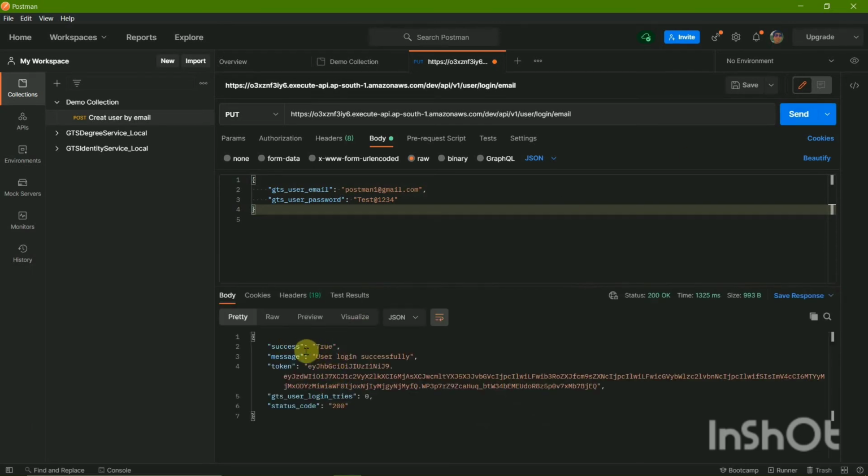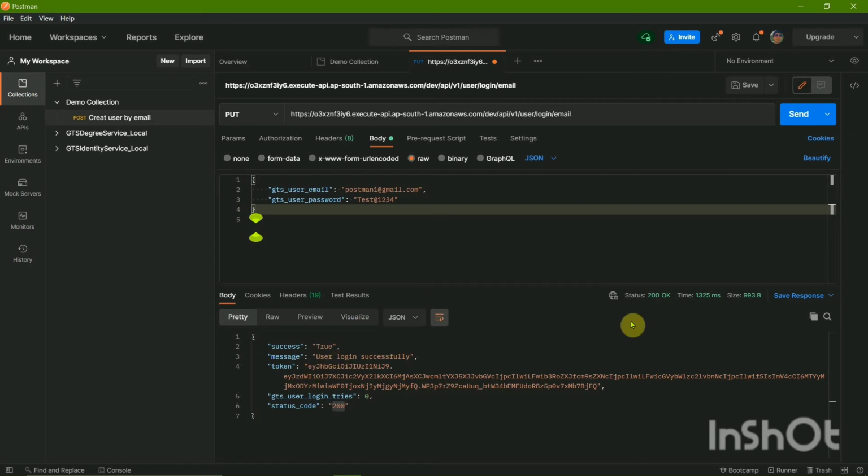So here I have the success message is true, the message is user logged in successfully, and we have got a token also, and the status code is 200. Right now 200 basically means okay, so everything is okay. So the token, what is token?